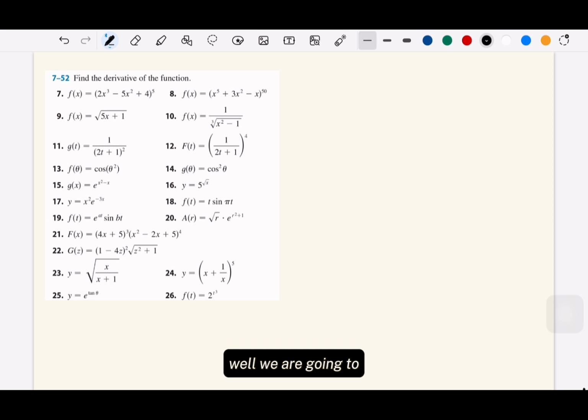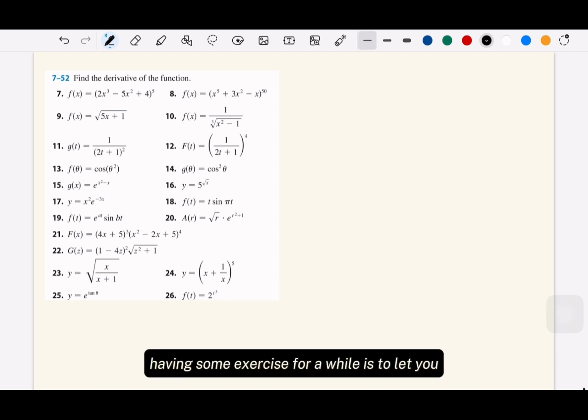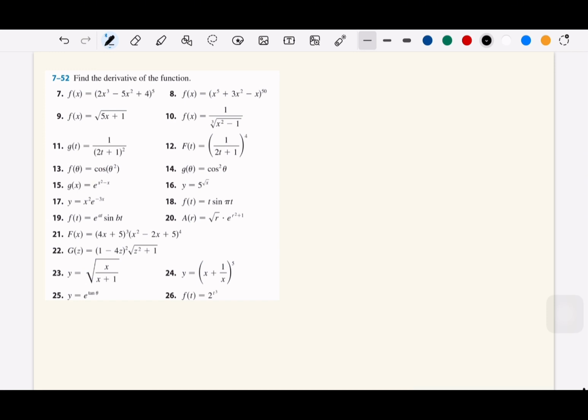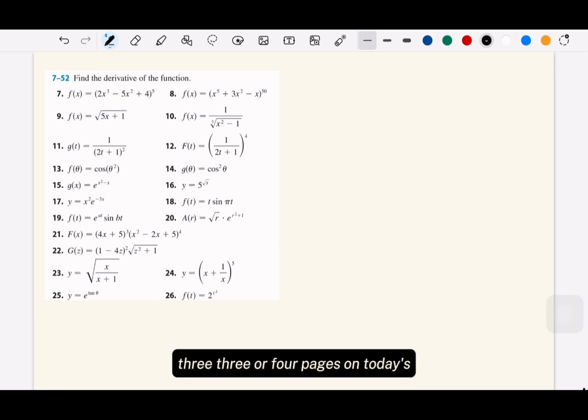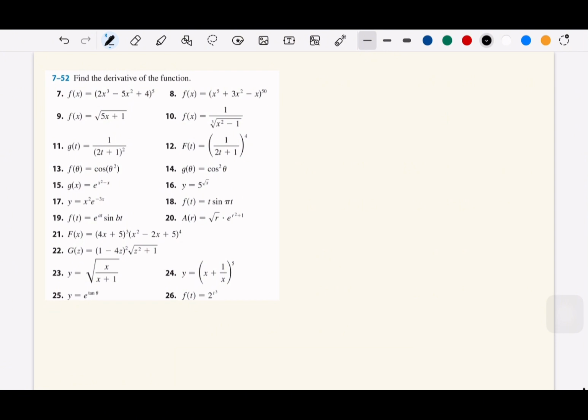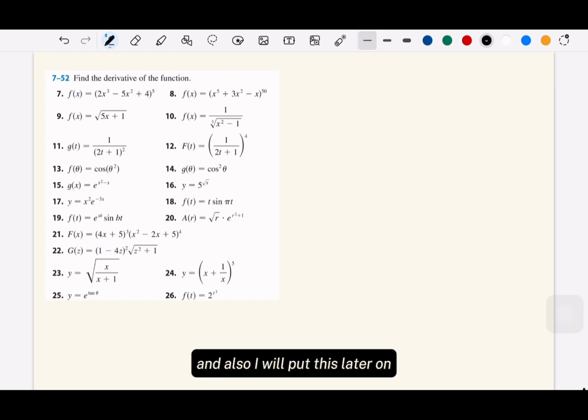What we are going to do for today's class is basically have some exercise for a while, just to let you become familiar with the differentiation rules and some difficult questions. So I have prepared, I think, three or four pages of notes for today. And I will also put them later on the class notes for your exercise and practice,